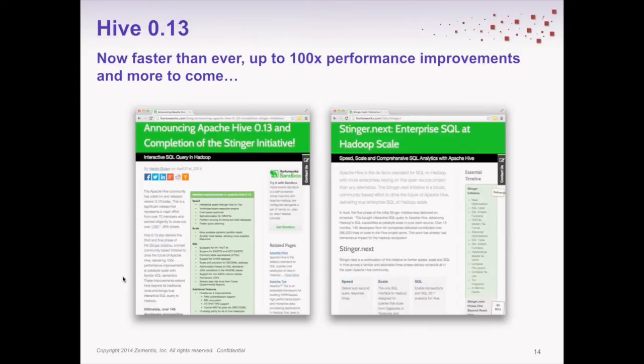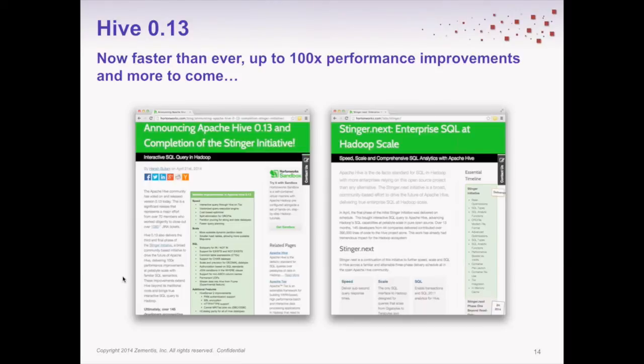So with Hive 13, you've probably heard about the Stinger initiative that really improved performance dramatically across all the aggregations, the joins, vectorization, decoupling it from MapReduce. I mean, many opportunities to leverage faster performance by just upgrading to a later version. So you get that benefit for free. And there's even more to come with Stinger Next, which will really make it more interactive than it is today, so less batch oriented. All the things that we see from classical data warehouses.